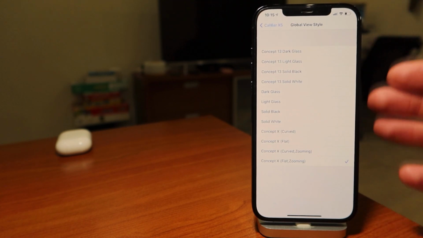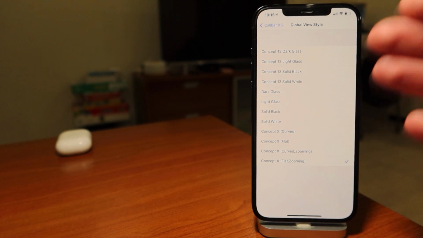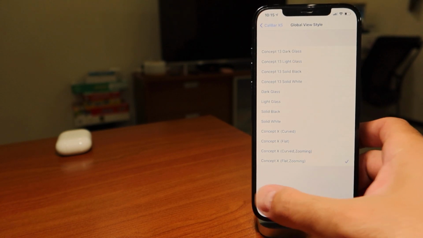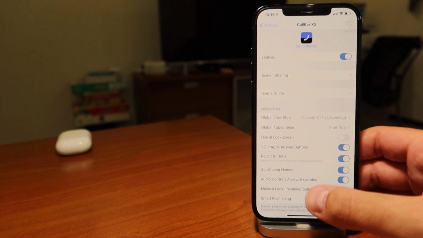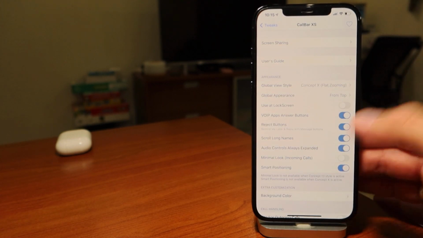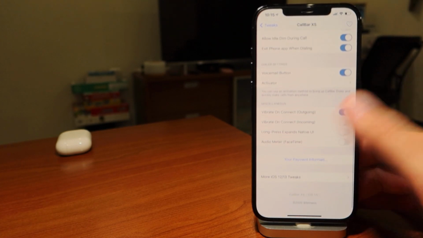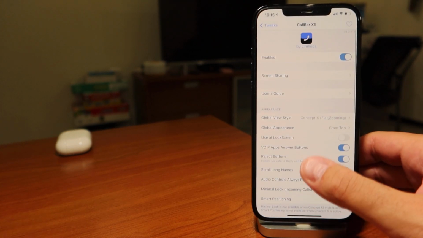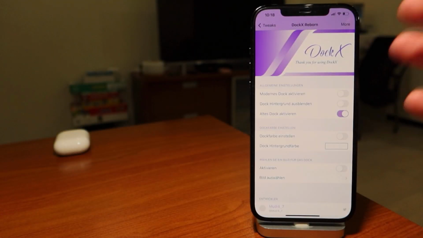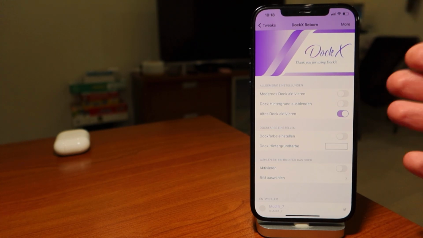However, you can have different looks of it. You can have concept 13, dark glass, light glass, concept 10 for notch devices with zooming, not zooming, curved, flat, whatever you want to do. You can have it from the top, you can use it on the lock screen, you can have reject buttons, all sorts of customizations. So this is a pretty awesome tweak, still works perfectly well on iOS 14. Now, I've shown this tweak in one of my earlier videos, but it's worthwhile to show it again because